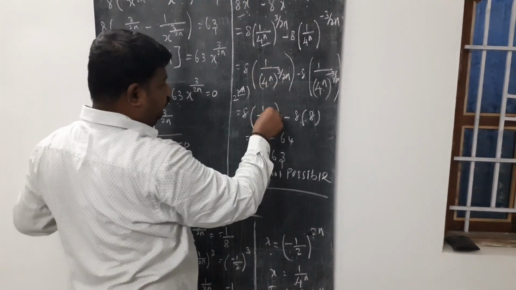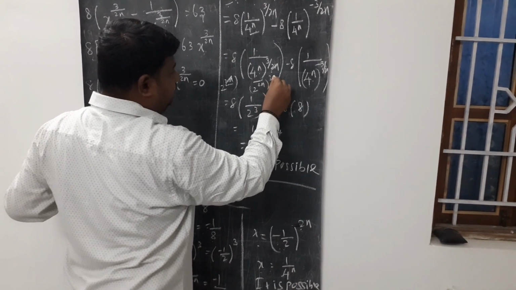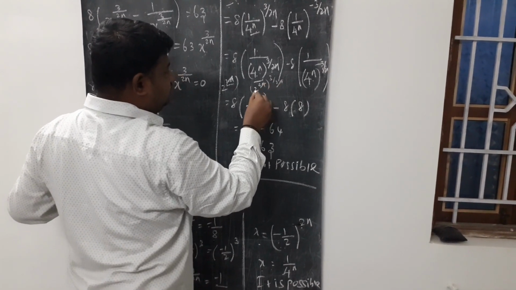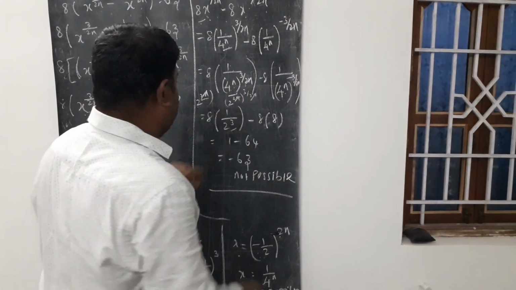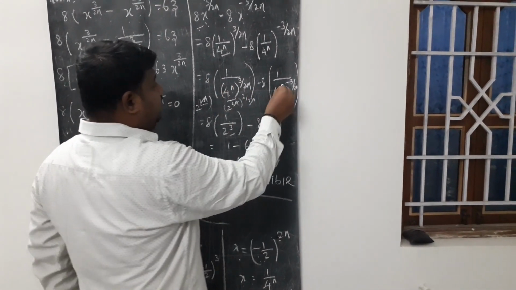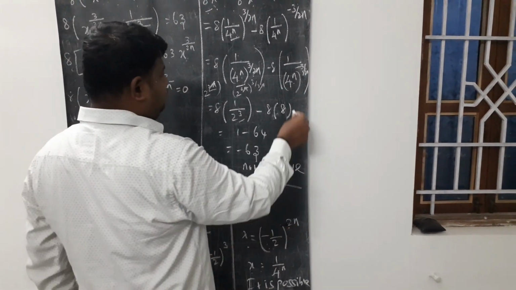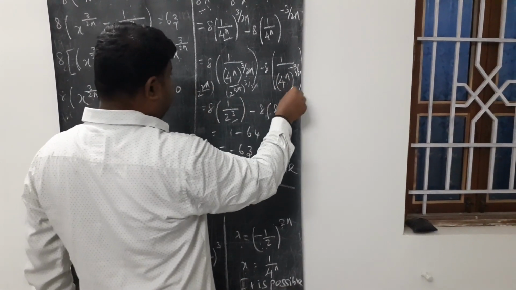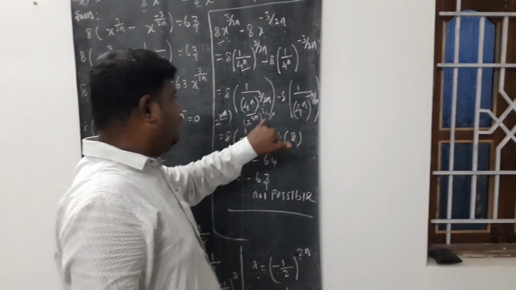Here 1 in the numerator. Here I am changing to 2 power 2n. The whole power 3 by 2n means 2n and 2n cancel. So 2 cube. So 1 by 2 cube. So here the value is 2 cube. Here minus, so the 2 cube can go to the numerator. So here the value is 2 cube, 1 by 2 cube. Here the minus.